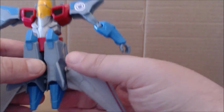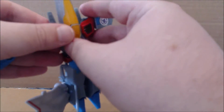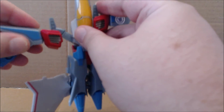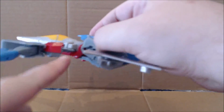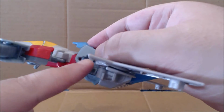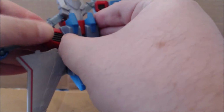You don't want to bring the wings in yet because the next step is, and there are some tight tabs here up in where the shoulder and chest combine, and you really got to go in there and pull them out. And what you're going to do is you're going to bring those down, and right here on the side, you'll notice it's this double tab and slot section. So the red part is going to slot in ever so slightly